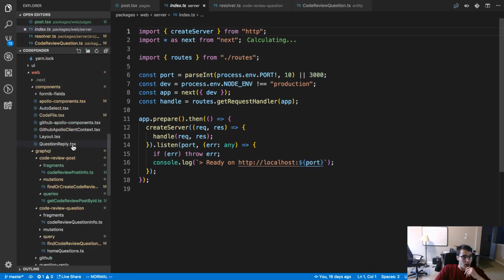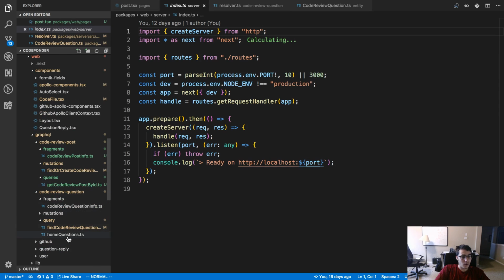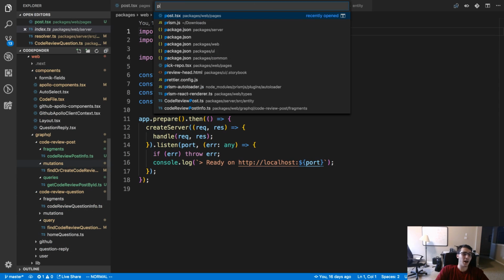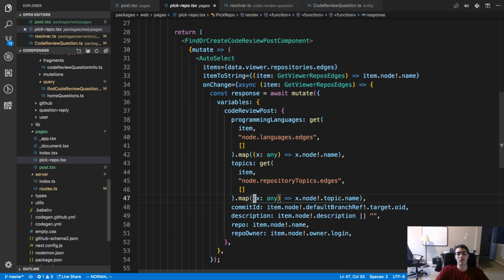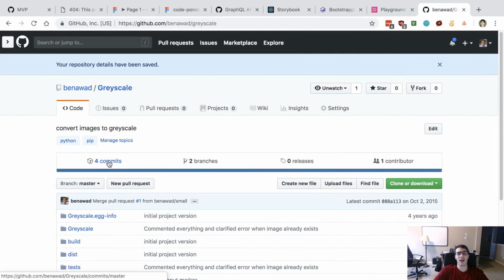So that's all done, and that means when we pick a repo, we're actually going to take them to the page they want to go to. No, actually, we're not. Yeah, actually, we're going to do that.